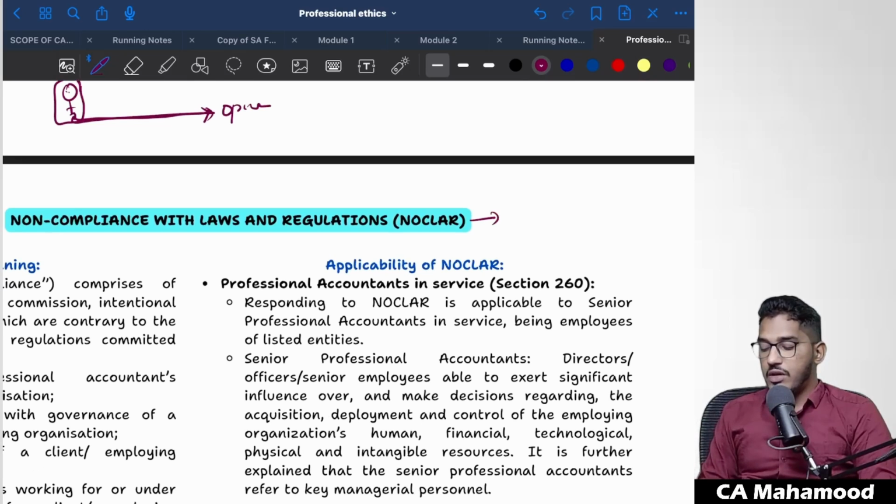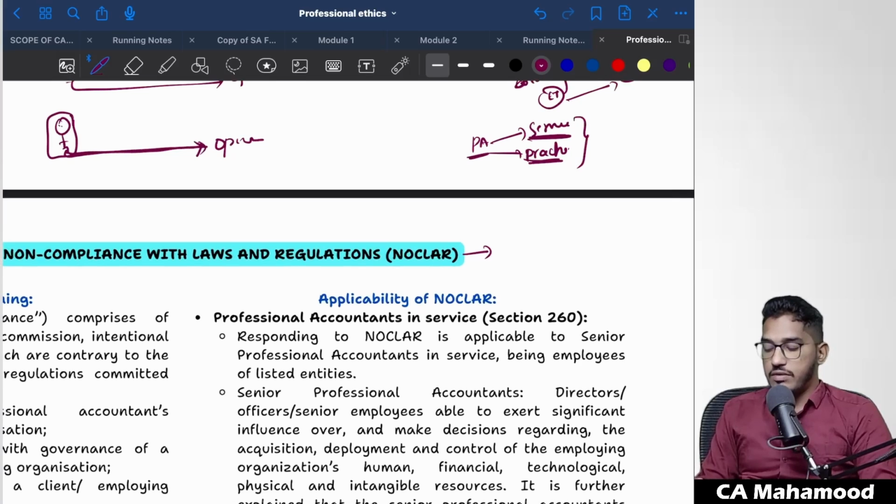What this NOCLAR of the code of ethics says is, if you are a professional accountant, basically a chartered accountant, you could be either in service or in practice. As a part of your professional work, for example, if you are in service, working with some company, doing some job in the company, as a part of that responsibility, if you came to know that your client has not complied with some laws and regulations,